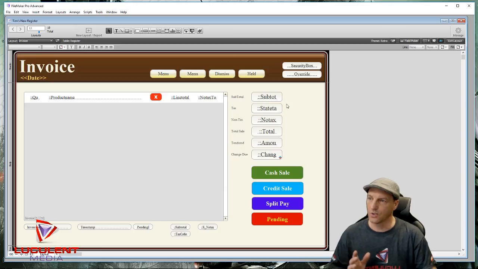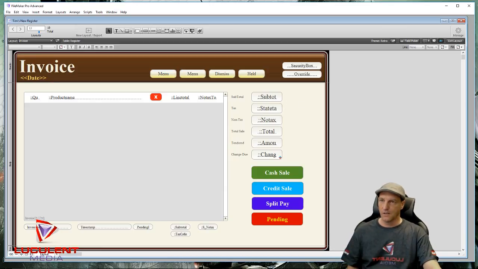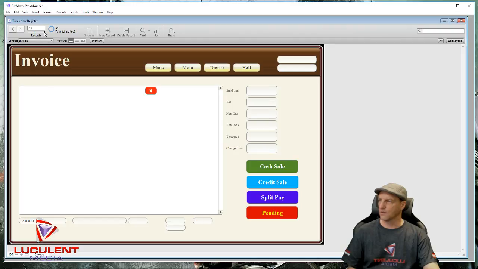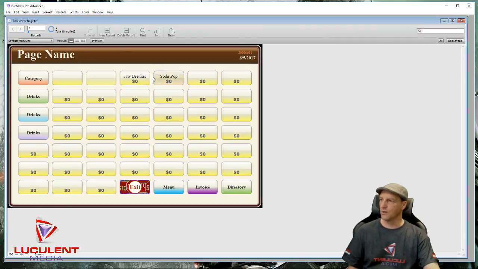Okay. And now it should actually do it. So if we exit layout, we notice there's nothing there. And we're at 2003. You guys remember what we were on before? 2011, right? Or 2010? I think 2010. I don't remember. Let's see, what is it? 2011. So when you dismiss, if I did, let's go to menu, let's buy a couple of jawbreakers, soda pop,